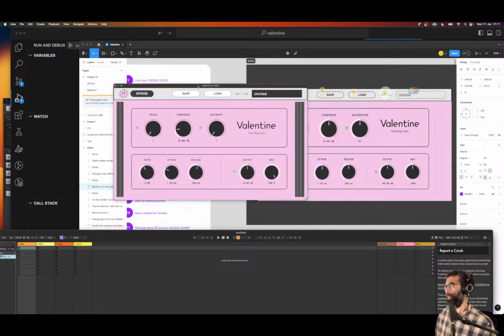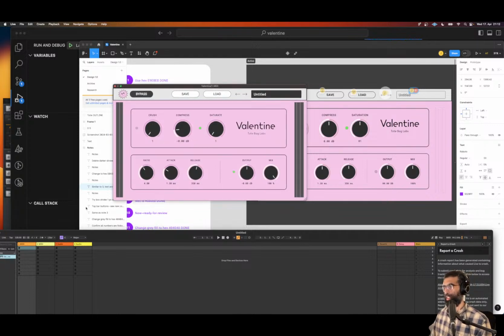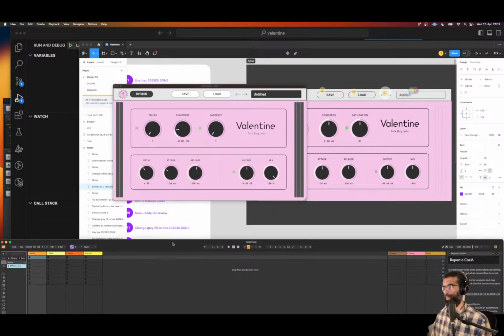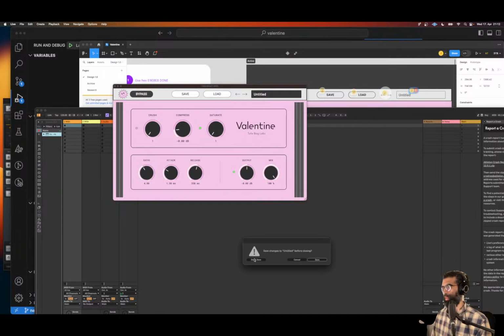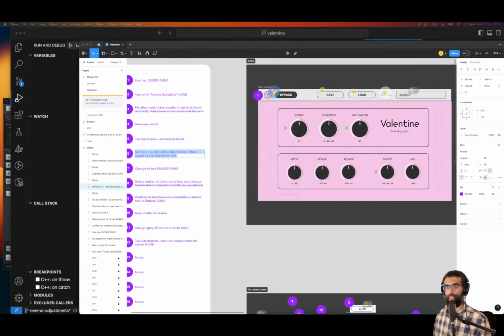Oh, it's too much space for sure. I'm going to leave this be. I actually think that this is correct. Yeah. I don't want to change this. So we actually